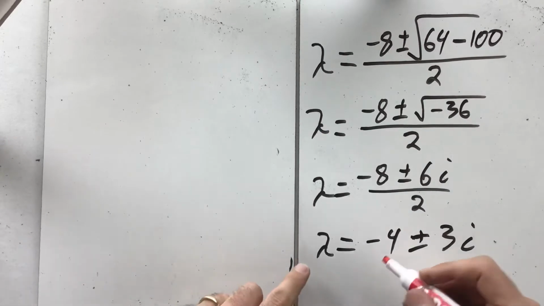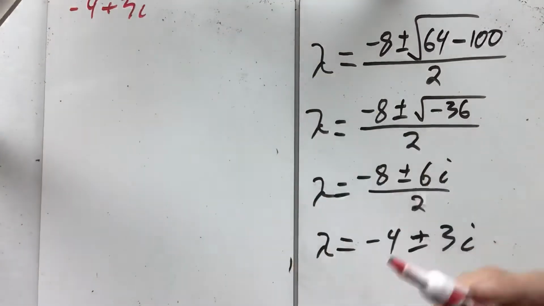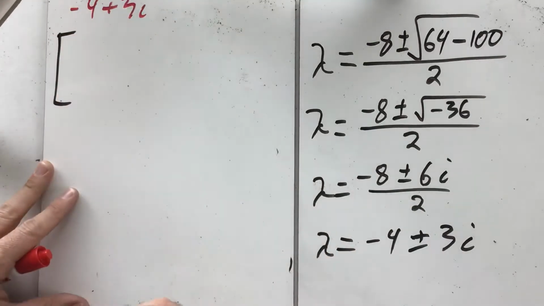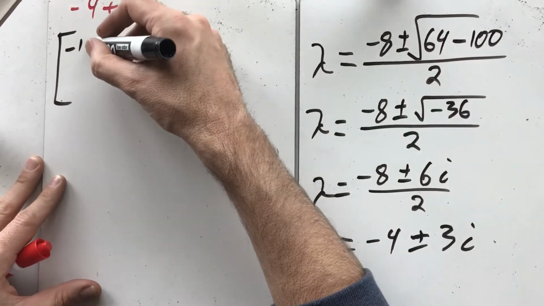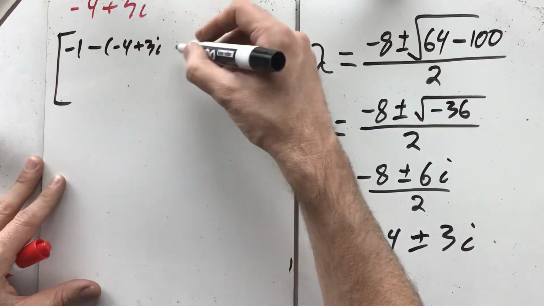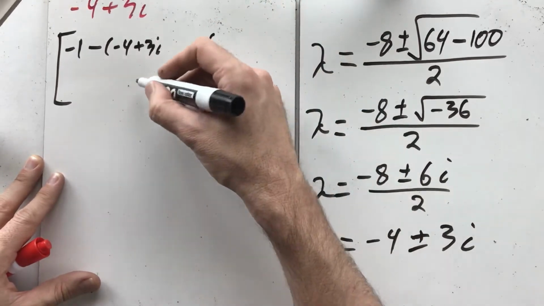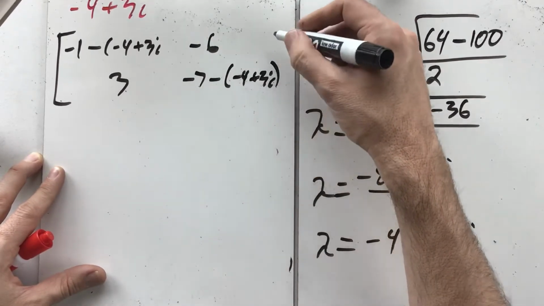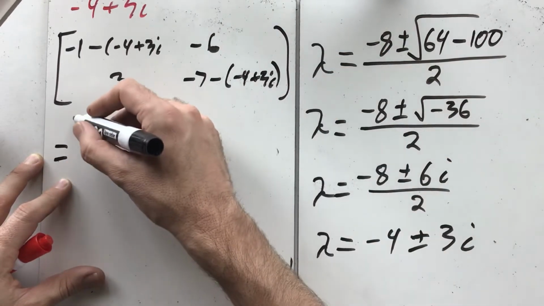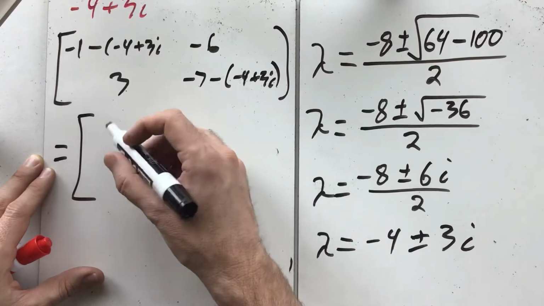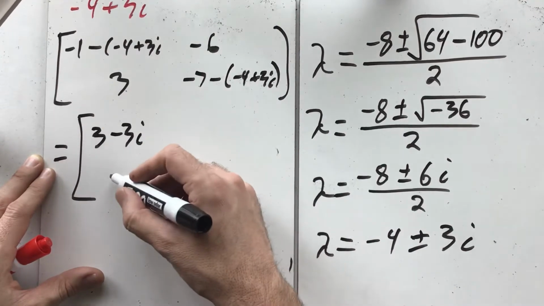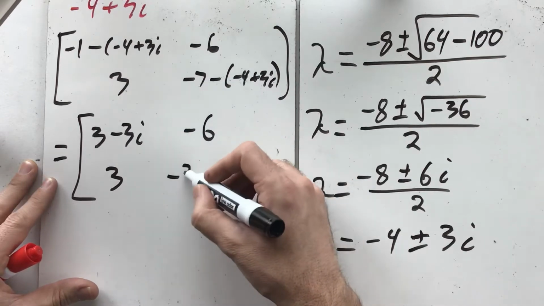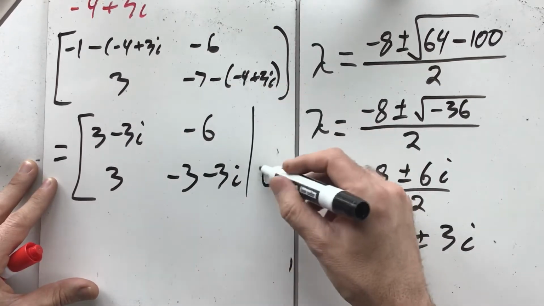So let's use the -4 plus 3i eigenvalue. I kind of like doing the plus one. It doesn't really matter, of course, though. As I find my eigenvector, I'll take my first entry, which is -1 minus (-4 plus 3i), and then I will have -6, 3, and then -7 minus (-4 plus 3i). All right, so there's that piece, and then this is equal to, looks like I get 3 minus 3i, -6, 3, and then it's -7 plus 4, so that's -3 minus 3i, and this is a 0 and a 0,